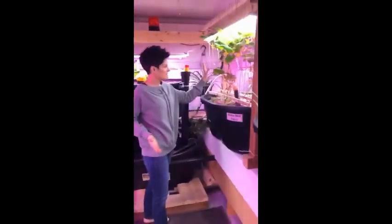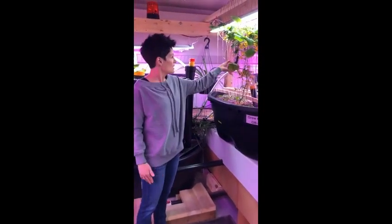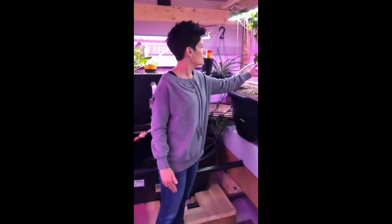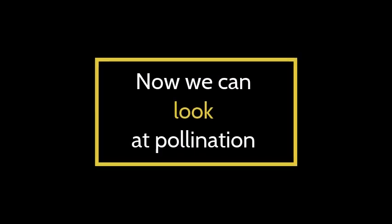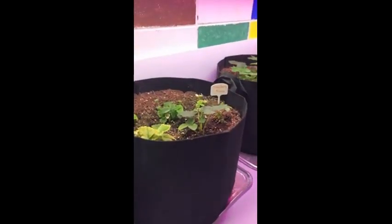So this is our cucumbers that we have planted back in December. This is one that is growing, and these are other little baby ones that are growing here. And in this bed we have Swiss chard and some plants like tomatoes and like strawberries over here will get flowers, and they will self-pollinate,